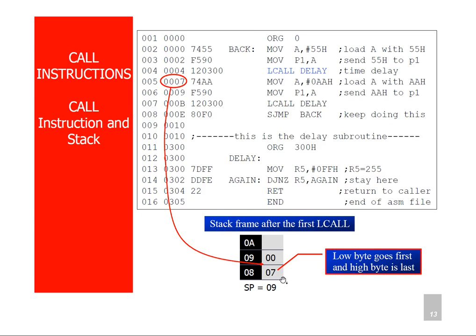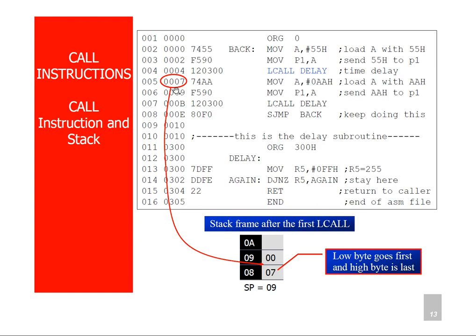So here we can see the stack frame. We know that on reset of the 8051 microcontroller, the default value of the stack pointer is 07. So now we have to push this 07 onto the stack. Before storing this 07, the stack pointer will be incremented by 1. That means now the stack pointer is pointing to the 8th location in the stack.